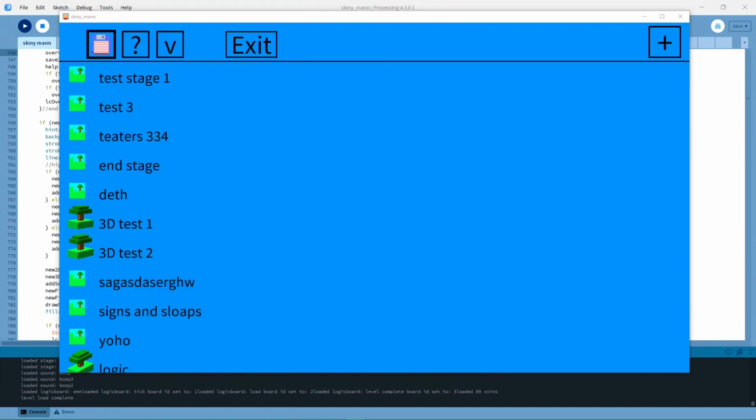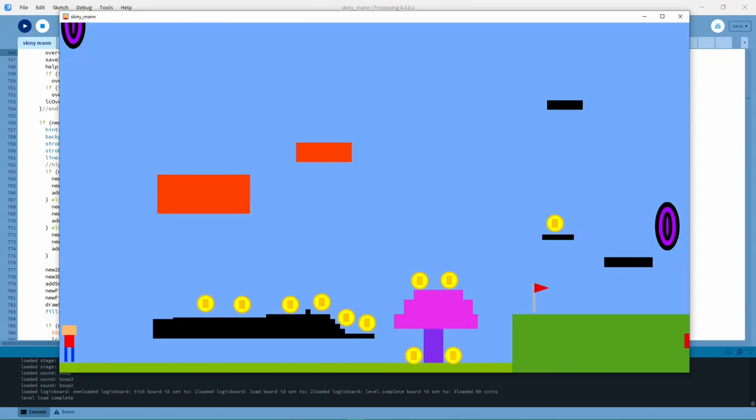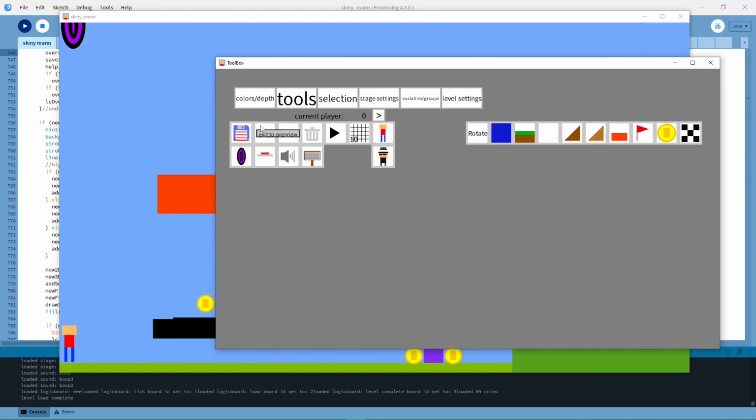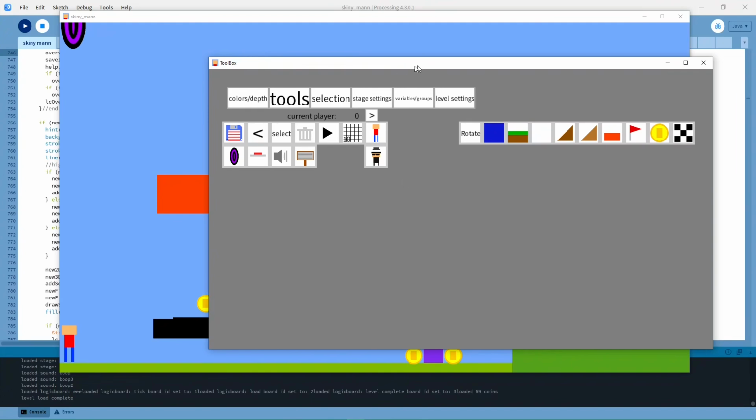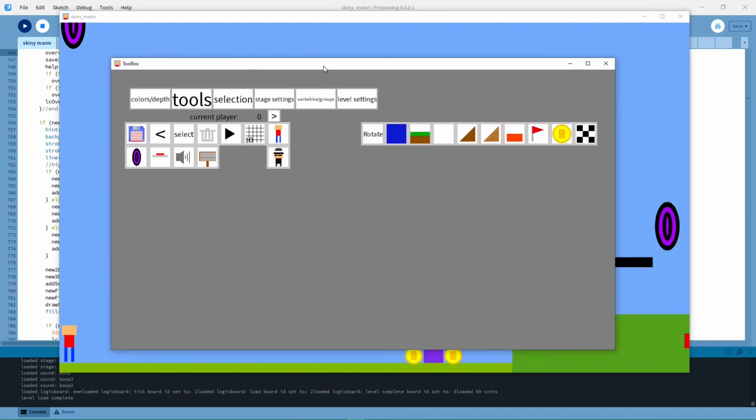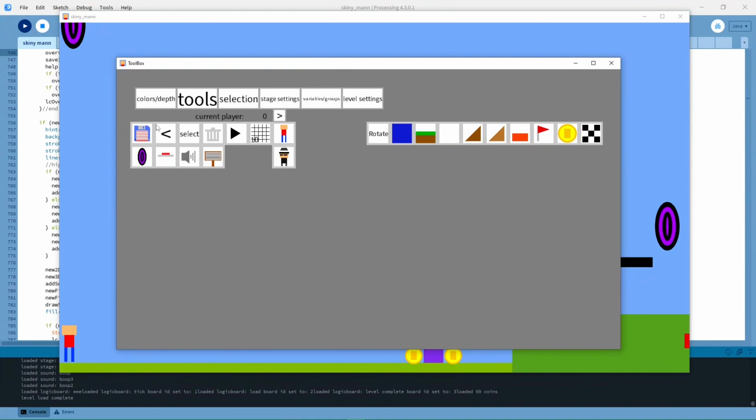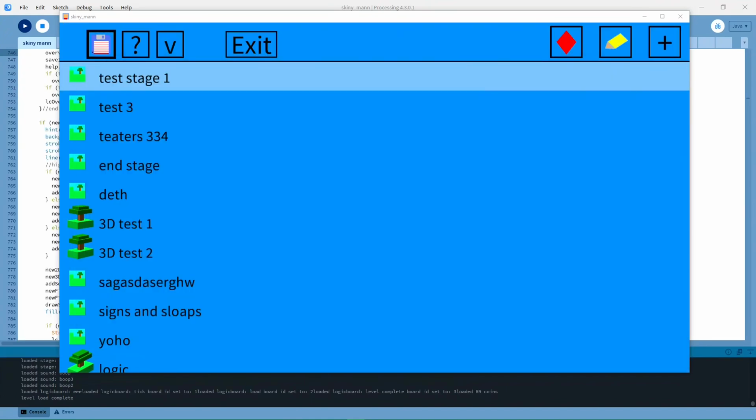Alright, so here's what the button is looking like on the primary overview screen instead of the text. Obviously, we have the button here. Definitely hope that you're able to tell that's supposed to be a save icon, but also, if we go into any of the stages here, we also now have the icon in the level creator. Of course, there's actually hover text here as well, so we can see that. But yeah, and also this should be appearing everywhere. So if we